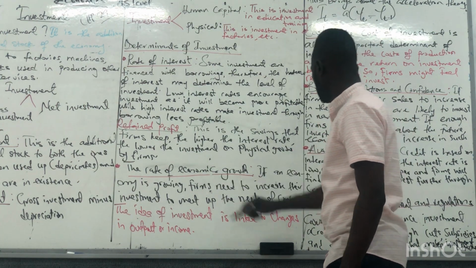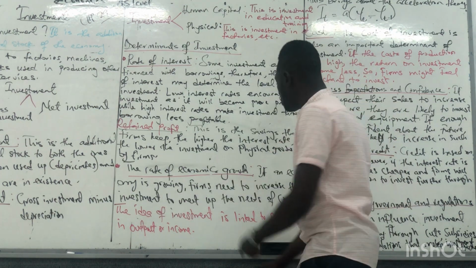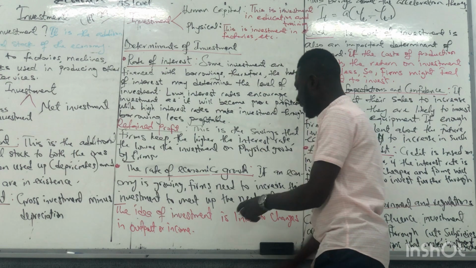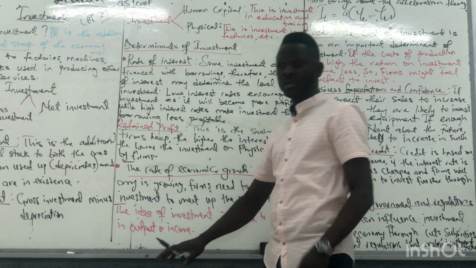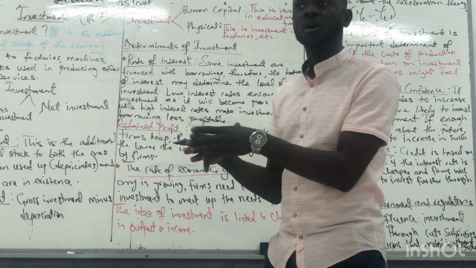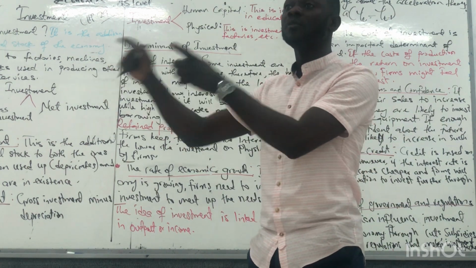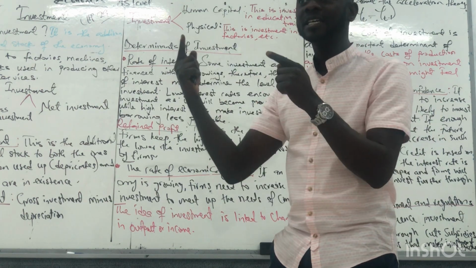The rate of economic growth. If an economy is growing, firms need to increase their investment to meet up the needs of consumers. The idea of investment is linked to change in output or income. So if the economy is growing, firms need to invest more so that they can meet up the needs and wants of customers. Because if the economy is growing, it means the income level is high, and the demand in the